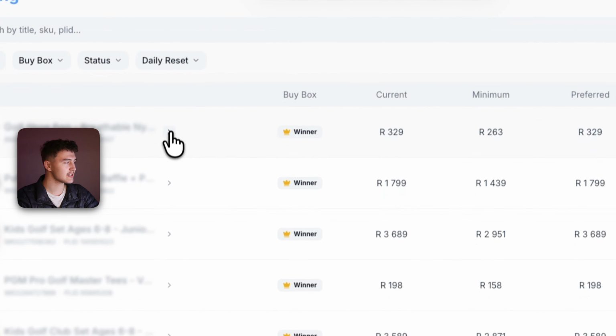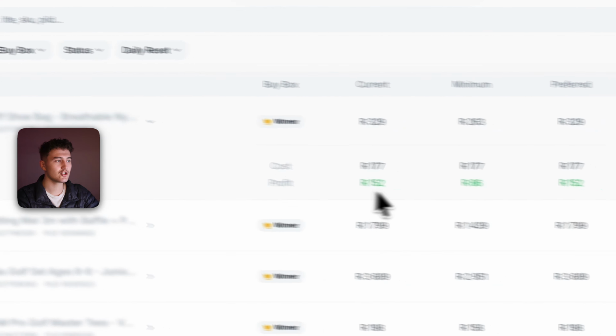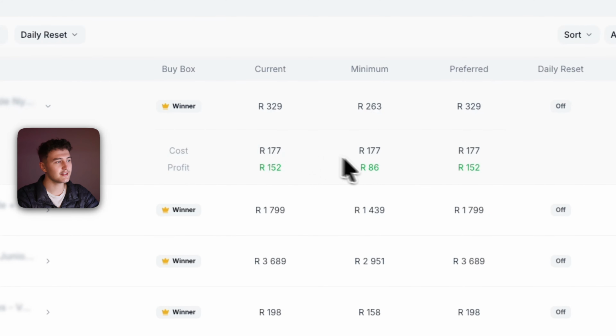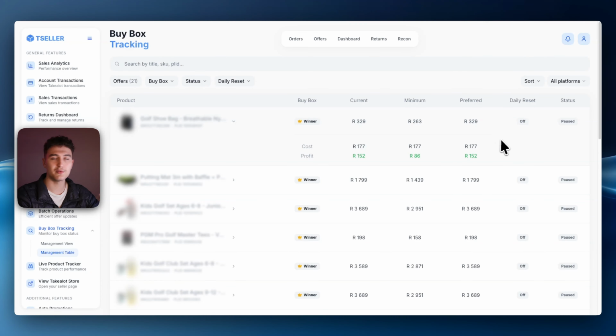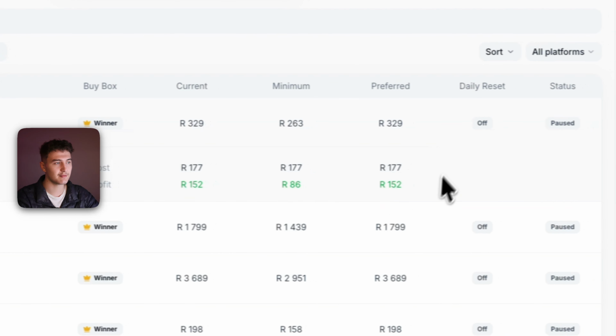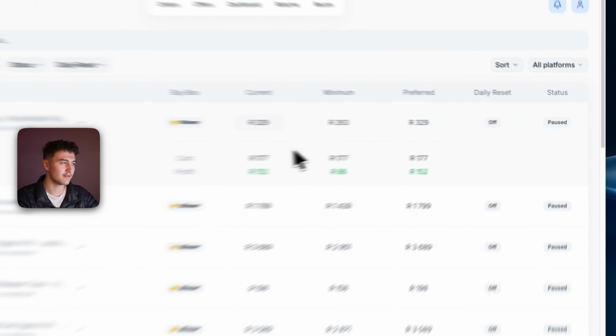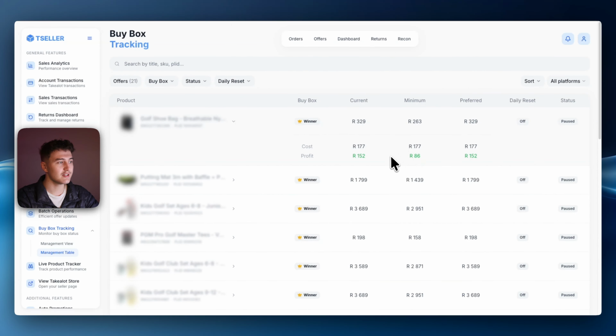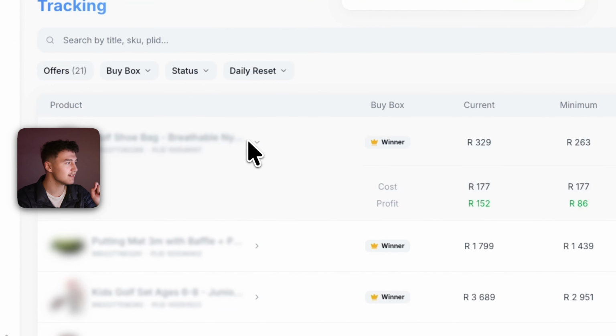You can also click on this little drop down right here, which will show you your cost price and also give you a breakdown of your profit based on your minimum, your preferred, and your current price. So we can see at the current price, my 329, I make 152 Rand profit. If I go to my minimum price, which is 263, I'll make 80 Rand profit. My preferred price is obviously my current selling price. So it gives you a profit breakdown based on those 3 different prices, and you can manage everything straight in this